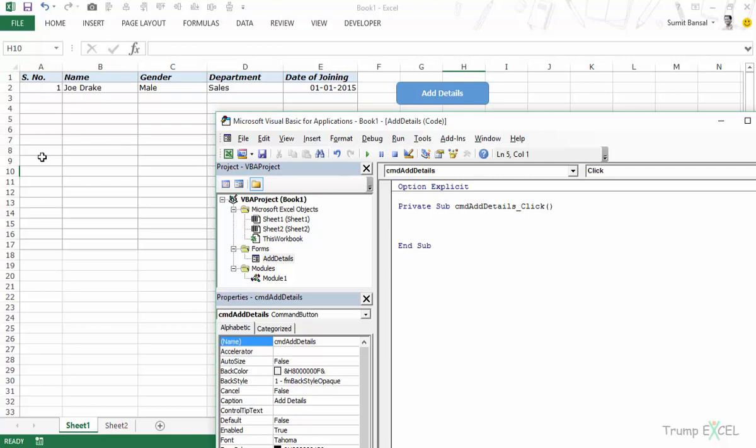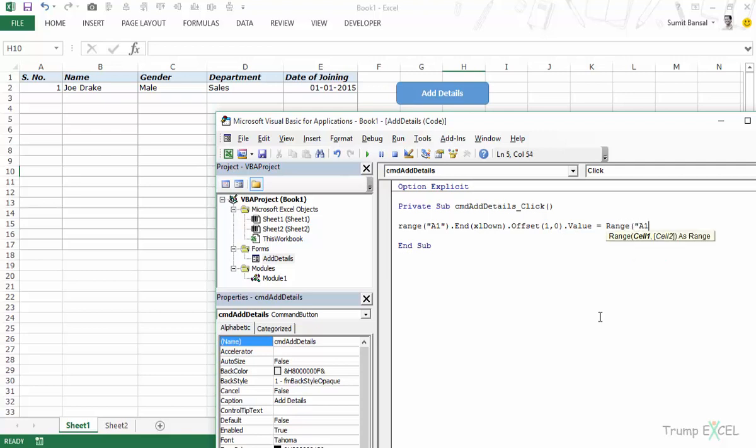I want 11 to get entered in the cell which is the next blank cell. Similarly, if I have, say, 5 records, I want 6 to get entered. So I would use a code, and we have already used it a couple of times in this course, which would be range A1, and then I would go down. I would say end xlDown dot offset 1,0, because I want to go to the next blank cell. So range A1 dot end xlDown brings you to the last filled cell, dot offset 1,0 brings you to the next cell which is not filled, and then I would say its value is equal to